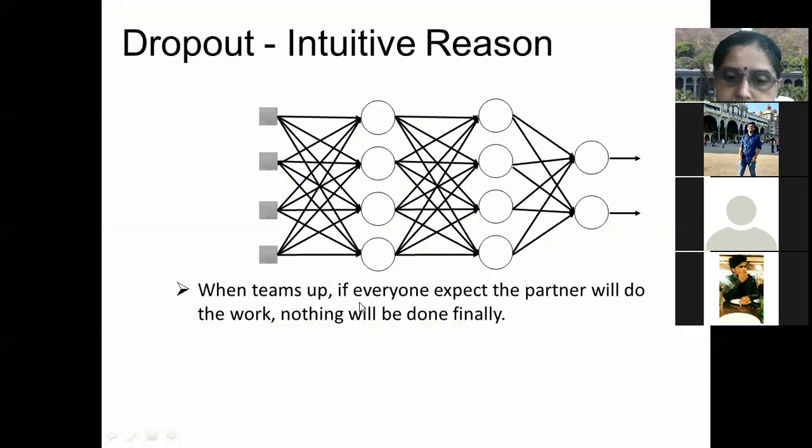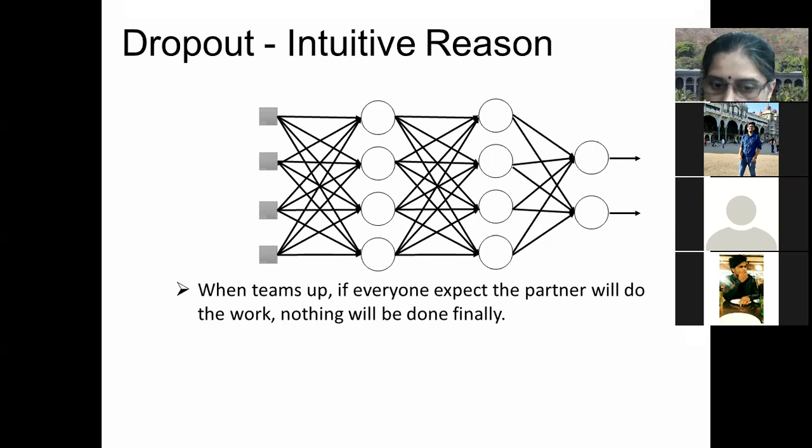So when teams up, if everyone expects the partner will do the work, nothing will be done finally. Say if you are working in a group and you assume that your partner will do the work and you need not work, in that case you won't be alert, right? And there is a possibility that no one will work, assuming that everyone else is working, and finally there won't be